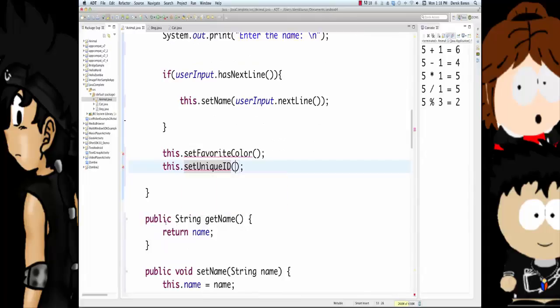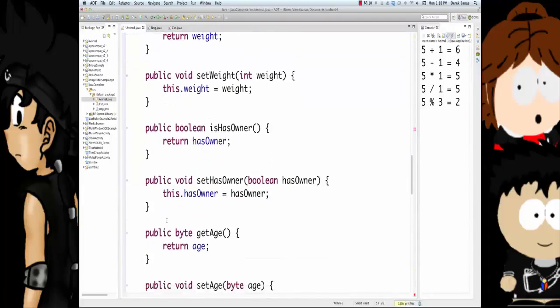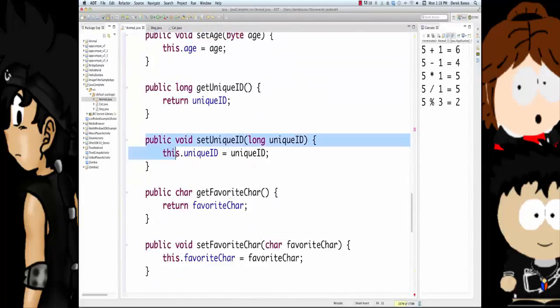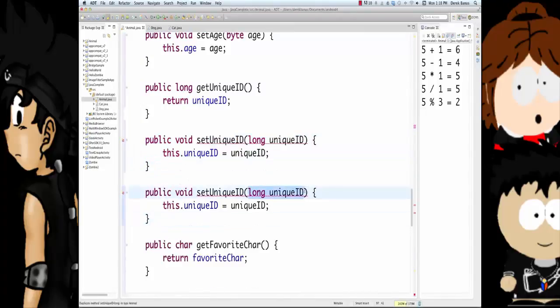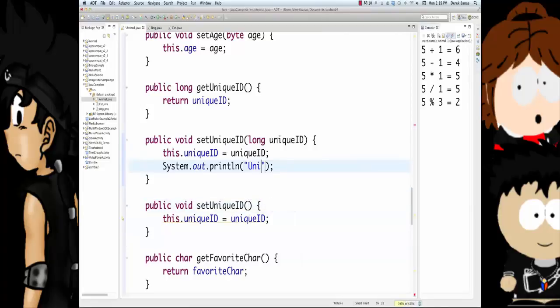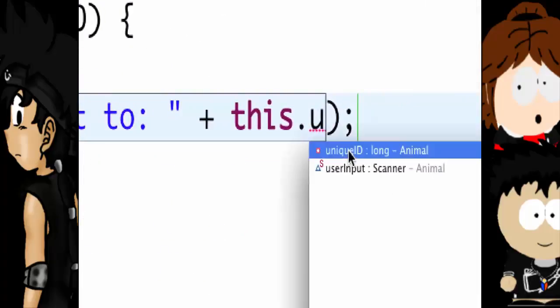So let's go down inside of unique ID and create that guy. And here you can see it right here. To method overload, all you do, use the same name, boom, and you just change the attribute. You can never have the same attributes inside of there, or at least the data types can't be the same. So you couldn't go in here and type in long, unique ID. Well, as you just saw, the data types have to be different for this to work. So I'm going to come in here to the original. I'm going to say unique ID set to +, this unique ID. And you can also see these things pop up over here, so you don't have to memorize everything.